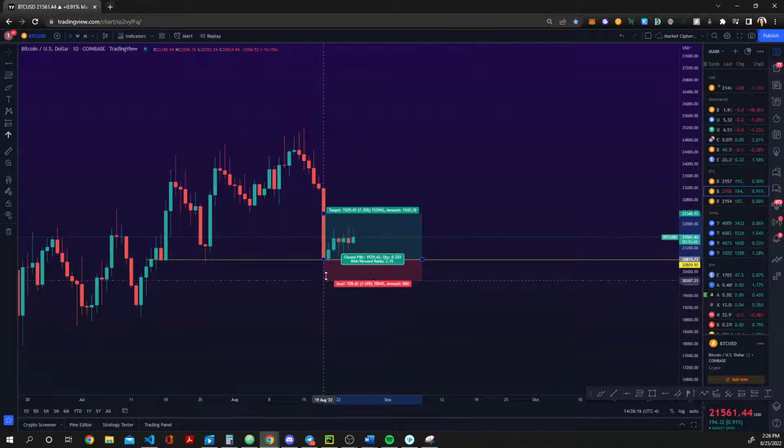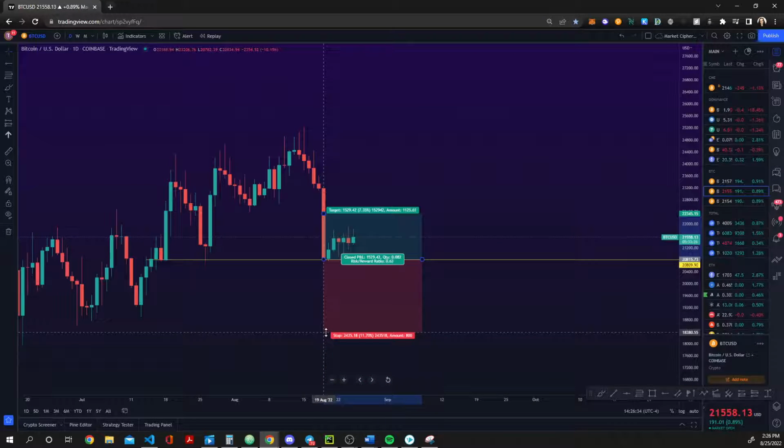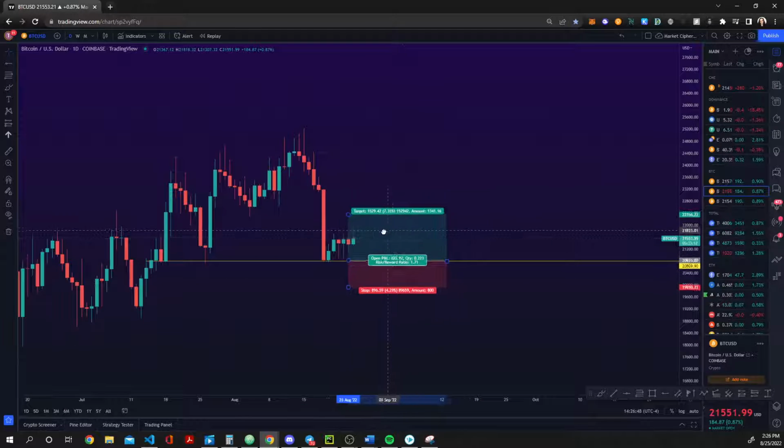The red box, this is if price were to go down here, you'll be negative, right? So the lowest portion of this is your stop loss. So as we can see, the lower you have it, the more you're risking, right? So this is 20% of the trade. So if you were to put $1,000 in there, right, you would pretty much risk 20% of that. So you don't want to risk all that much within that trade, unless you're swing trading, but that's a different thing. But we're just going to discuss the trade setup, right?